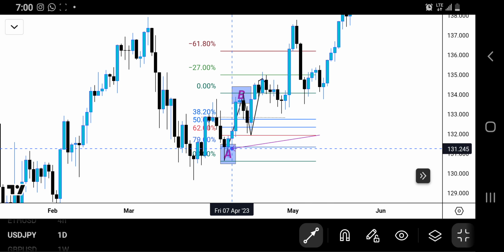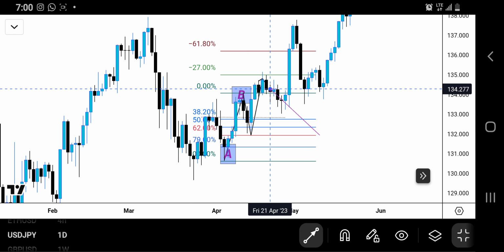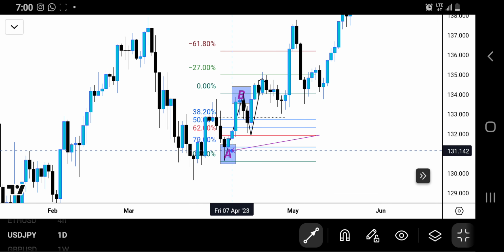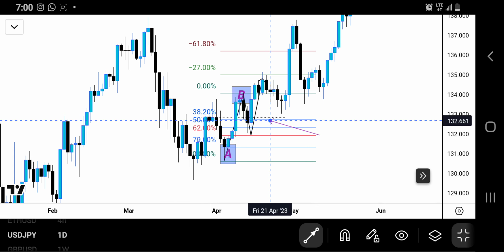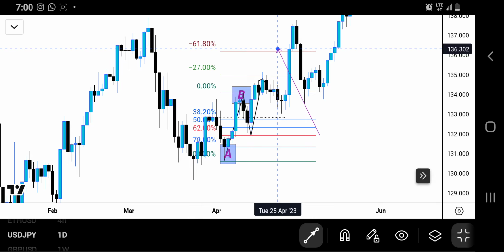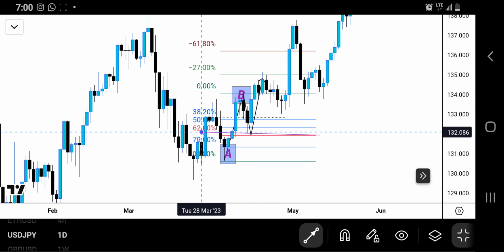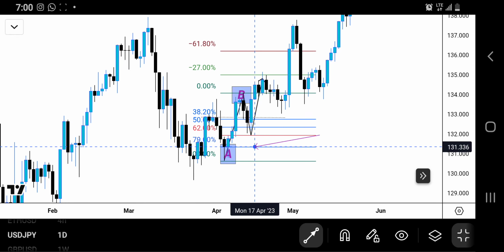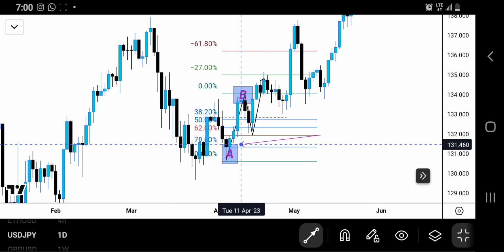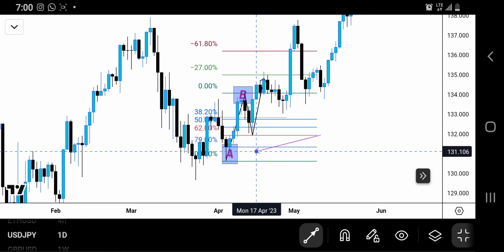Now write this thing down. If the market goes from point A to point B and you draw your Fibonacci, and the market retraces to 50%, target minus 27%. If the market goes from point A to point B and retraces to 38%, which is this blue line right here, target minus 61%, because a heavy move is going to occur. If the market comes down to 62%, you know that the market is going to do an expansion that's going to get to minus 27%. If the market goes as low as the 79%, I think so, yes, 79%, this area right here,